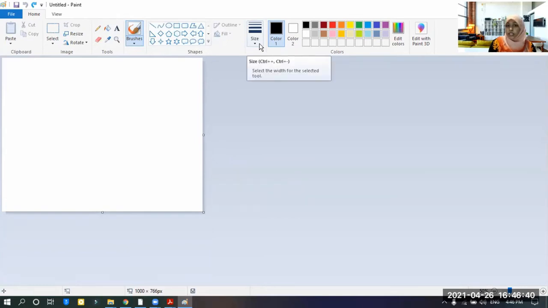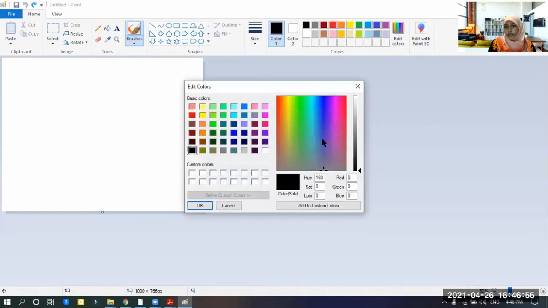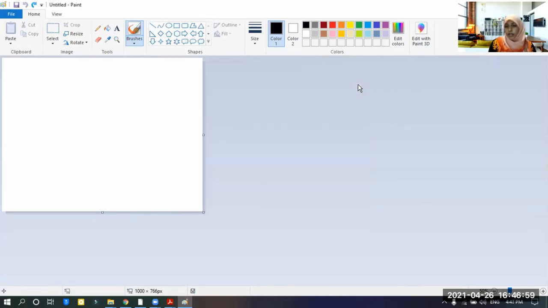Also, the line sizes are different here. When you use a brush, you can change the line size from here, and you can select whatever color you want. There are some numbered colors here. You can go to edit colors and select whatever color you want from here and apply the color.